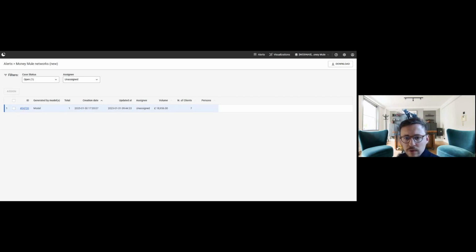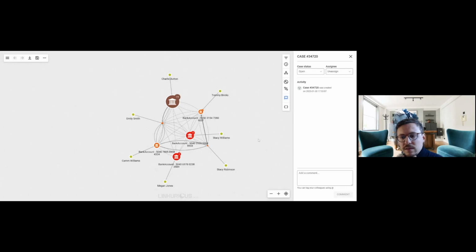We can see we have a couple of pieces of information regarding the generation date. We have information regarding the total volume of transactions that transited through this specific community and the number of clients that are involved within this community. So let's go ahead and investigate it and see whether or not it's suspicious and can be considered as